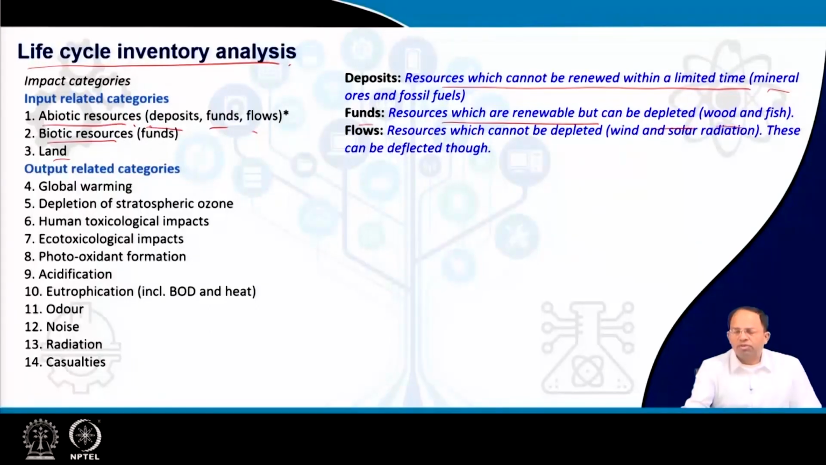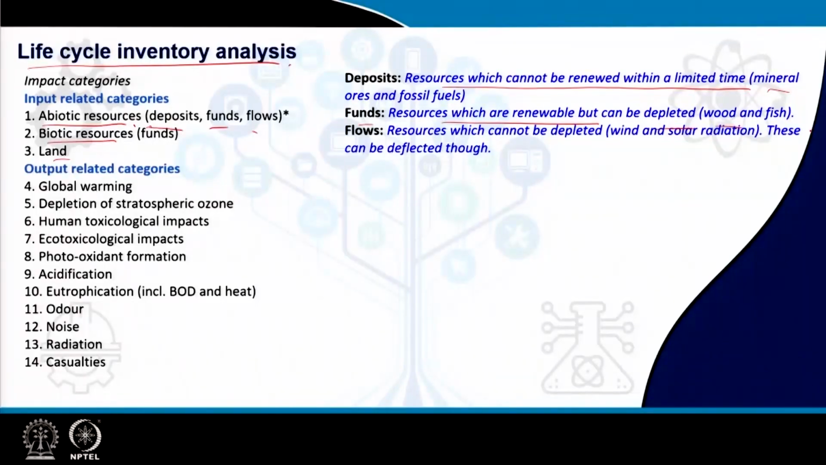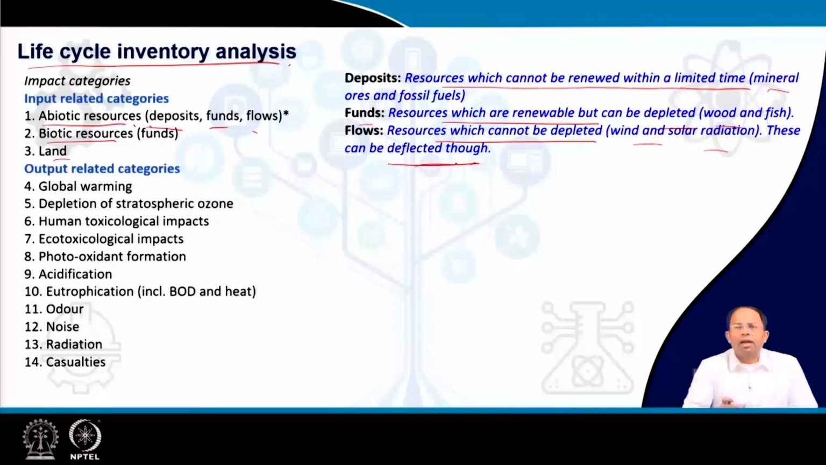That means wood, fish: if you keep on taking them from the environment, you will run out of them. But if I cut a tree and also plant a tree, then we are renewing that particular resource. Flows are resources which cannot be depleted, like wind, solar radiation and so on. They cannot be depleted, but they can be deflected. That means by changing wind patterns, we can make sure some people are getting it and other people are not, but usually they cannot be depleted. So anyway,